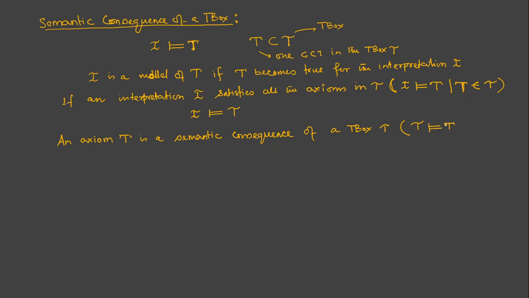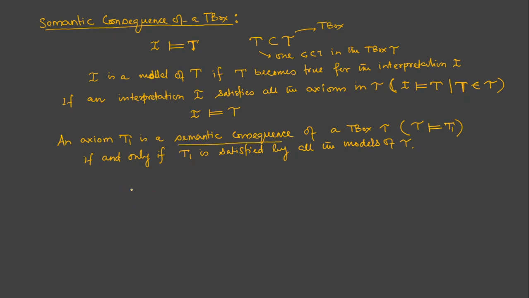And this T is something, let us represent this with a different symbol. Let's say T1, and this T1 was not there inside this T box, right? So we say that this T box models this particular axiom T1 if and only if T1 is satisfied by all the models of the T box T, right? Then we say that this T box models T1, or T1 is a semantic consequence of this T box T,